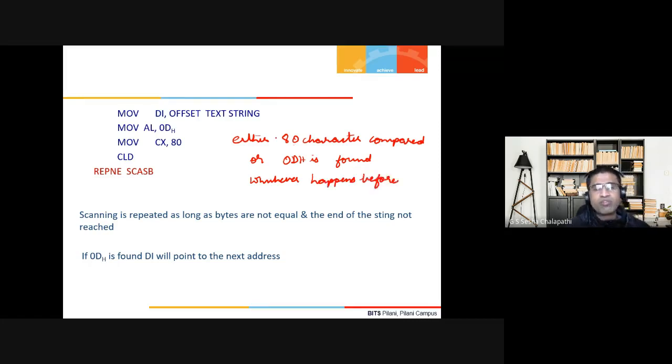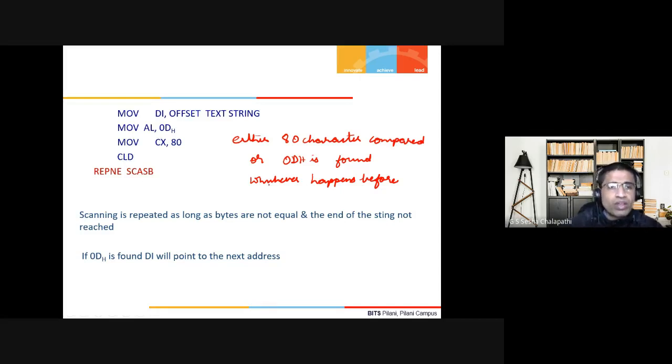Scanning is repeated as long as bytes are not equal and the end of string is not reached, whichever is earlier. If 0D is found, DI will point to the next address. This is a very useful instruction, especially when you want to find a particular character in a string. Again, CX will hold the count, and the direction flag will tell whether it is increment or decrement.